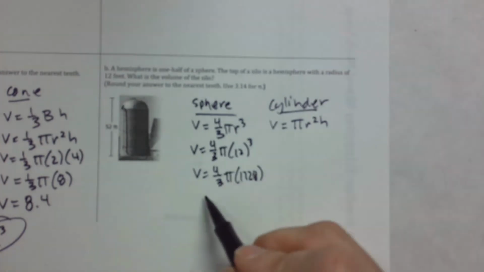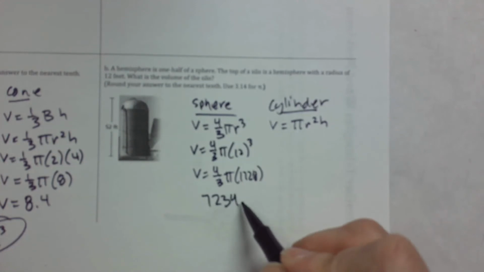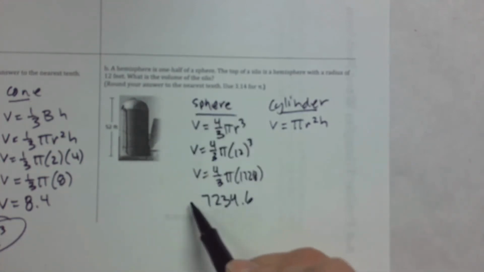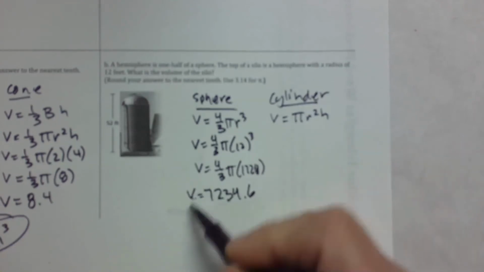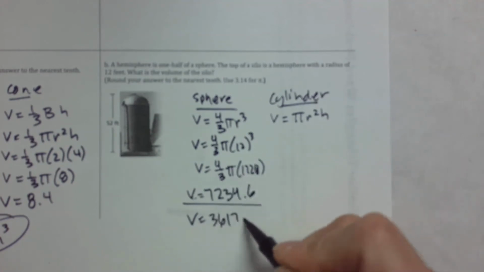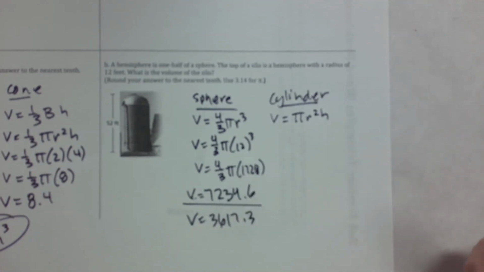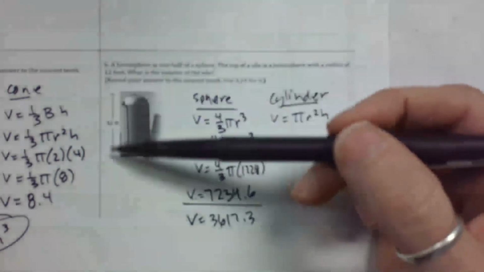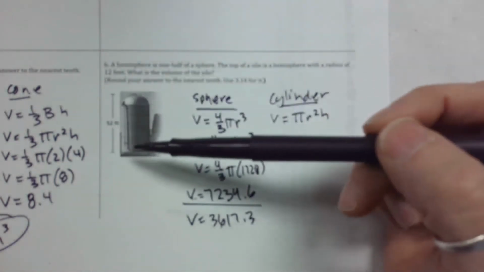And I'm coming up with 7234, to the nearest tenth, 0.6. But I want to divide that by 2 to come up with the hemisphere. So I'm going to divide by 2, and I've come up with 3617.3. We'll call that. Now the cylinder, notice that they've given us 52 feet, but the 52 is from the